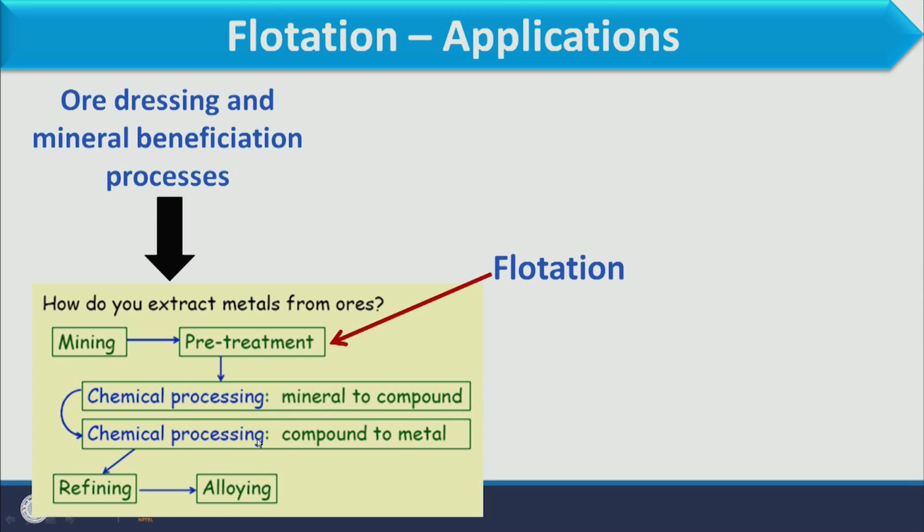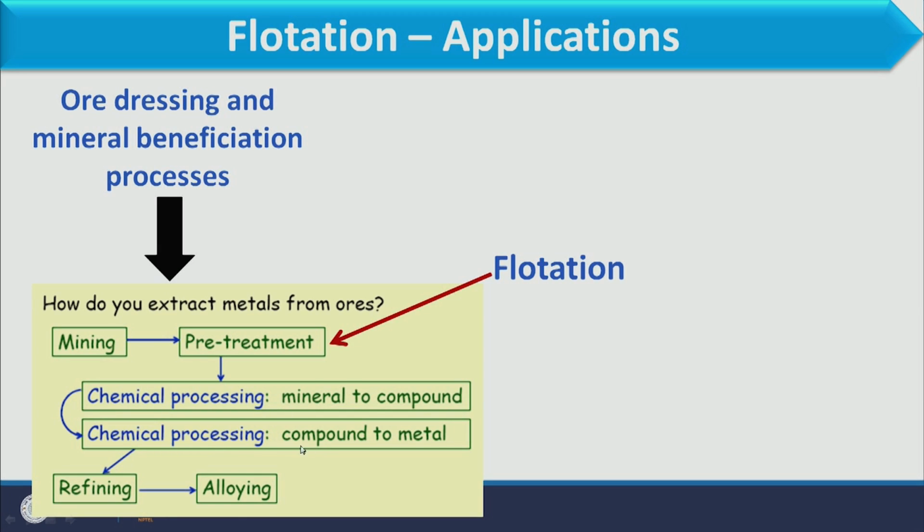If I want to extract the iron, what I have to do, the ore of iron is hematite. So, that I have to recover in flotation process, and then from this we will recover iron through chemical processing,